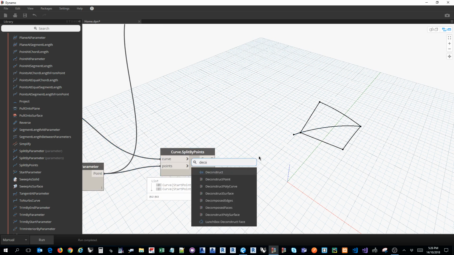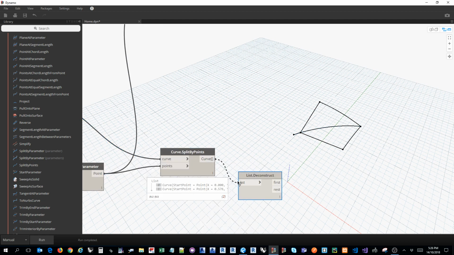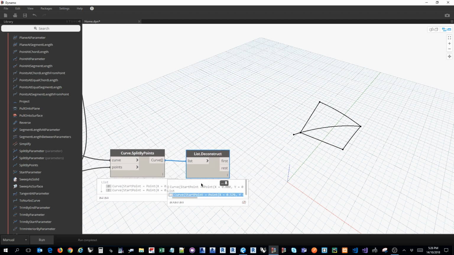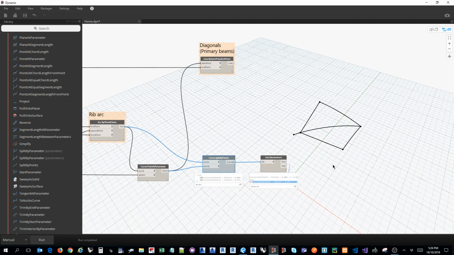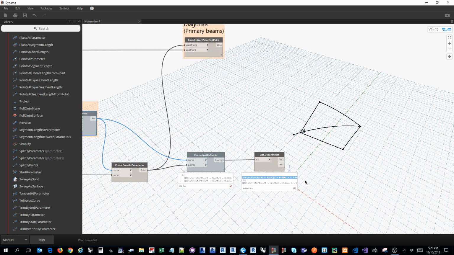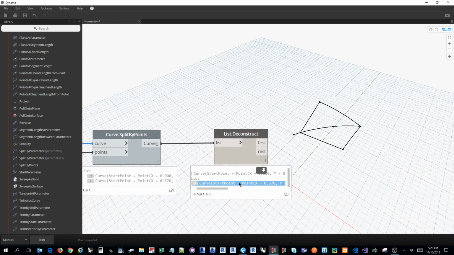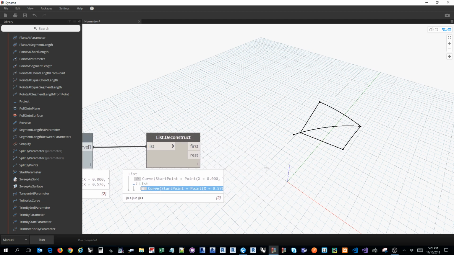Now we can use deconstruct to select just the curve. Let's find 5. So we see that this is the curve that we want to divide,